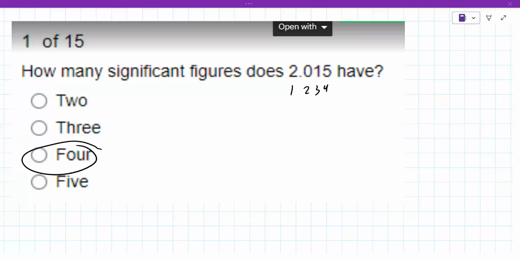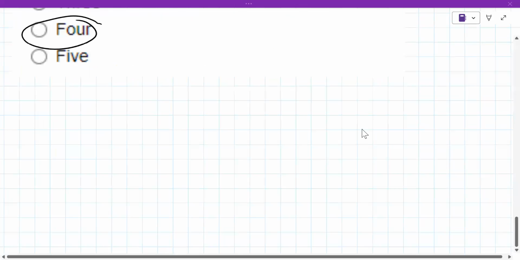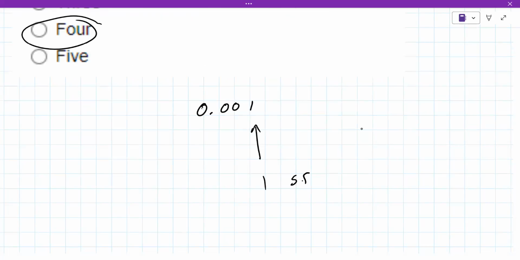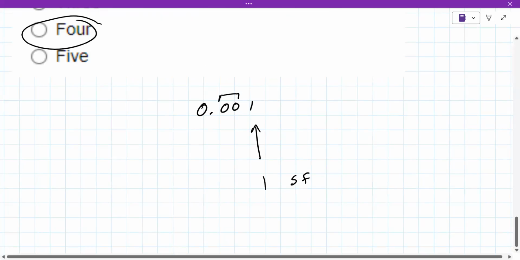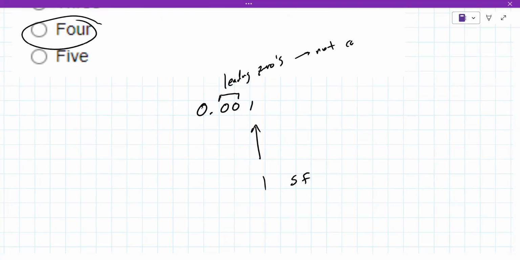The whole thing that I was trying to mention earlier about leading zeros: occasionally you see a number like this, and this only has one significant figure, I believe. Let me double check that. Yes. So these are called leading zeros. They are not counted. What if it was like